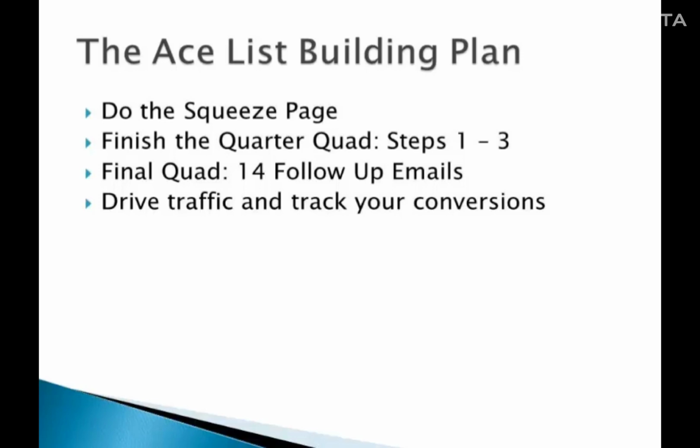Step 1. Refer to the bonus that you received together with this ACE List Building course as a reference. It will give you a good idea of what the ACE List Building system looks like overall when you put it together. Step 2 involves constructing your own video squeeze page. And in Step 3, finish the funnel that I spoke about previously, steps 1 of 3, 2 of 3, and 3 of 3. And when you are done at this point, you can start driving in traffic and monetize already. However, to make it completely autopilot, this is a very important final part, also called Step 4, the 14 follow-up emails. It is important because we want to do everything just once, set it up, and forget about it.